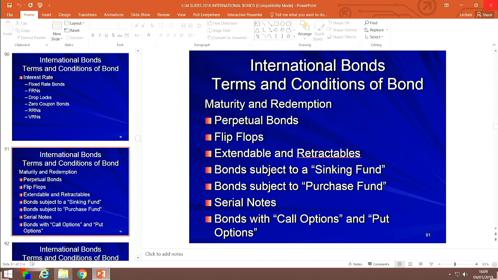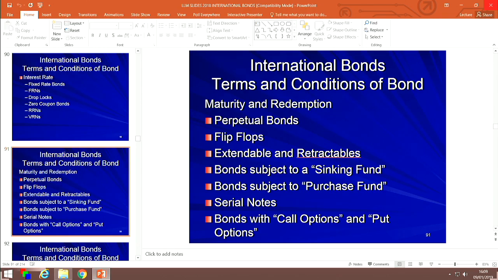The two most common forms in practice are bonds with sinking funds and bonds with purchase funds. So let's start with those. Basically, bonds with a purchase fund and a sinking fund result in the redemption of the bonds during a stated period in the bond instrument, say 5 years after maturity or 7 years after maturity, up to a stated percentage of the total amount of the bonds issued.